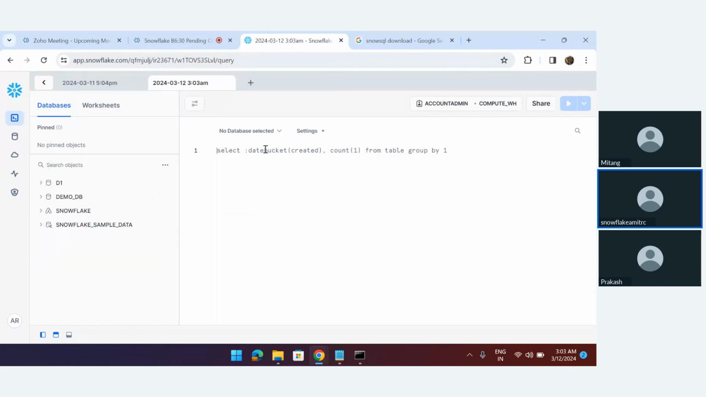Okay, so today we will discuss internal stage data loading. We'll discuss internal stage, and we'll discuss SnowSQL. First of all, before starting today's activity, you have to download